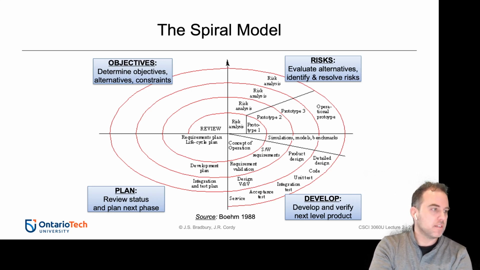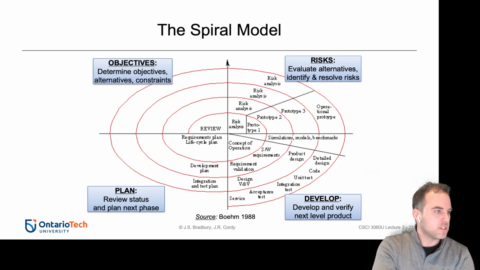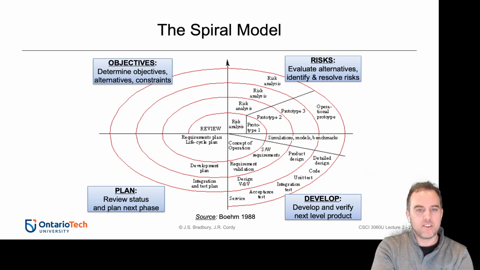At every one of these phases, similar to how IBM had their four-step process for each phase, the spiral model has four steps that you take during every phase of development. The very first thing is objectives: determine what the objectives are for this phase. Are there any alternatives? Are there any constraints? You do this for every phase, for requirements, design, and so on. Then you evaluate the risks, and you do a lot of risk